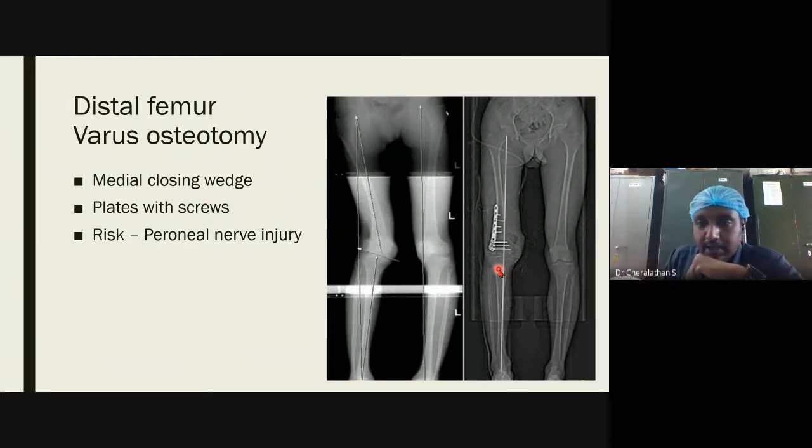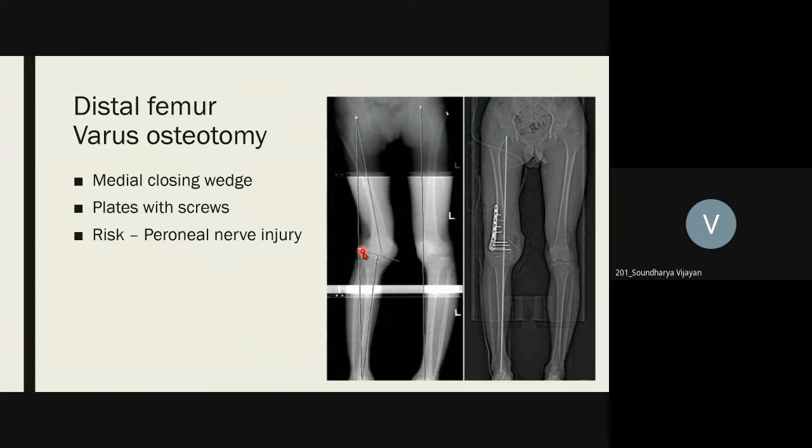In this particular scenario, where you do a plate and you anticipate you are going to cause stretch on the nerve, in such cases, post-operatively, you keep the knee flexed. You just keep the knee flexed so that the soft tissues on this side are not stretched. And this can prevent peroneal nerve injury. Clear now? Yes, sir. Yes, sir. Okay.